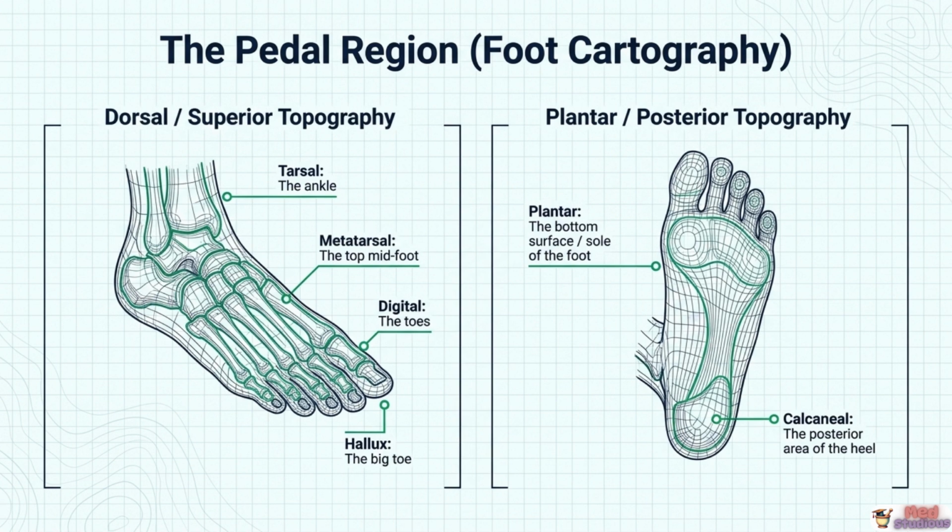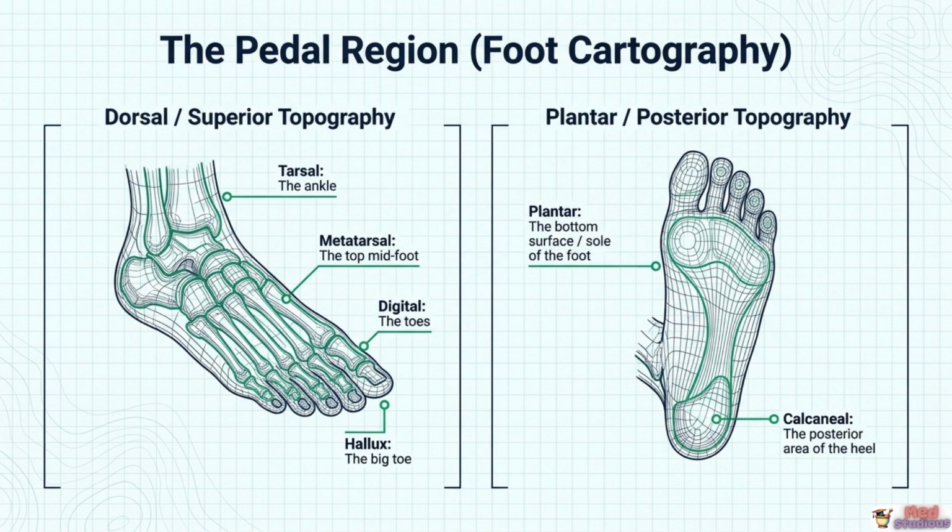The hallux carries particular clinical importance because it bears the greatest load during walking and is the site of hallux valgus, commonly known as a bunion, and gout, which disproportionately affects this single toe. The plantar, or posterior topography of the foot, gives us the plantar region, the sole, the ground contact surface, and the calcaneal region, the posterior heel, the insertion site of the Achilles tendon, and the most common site of plantar